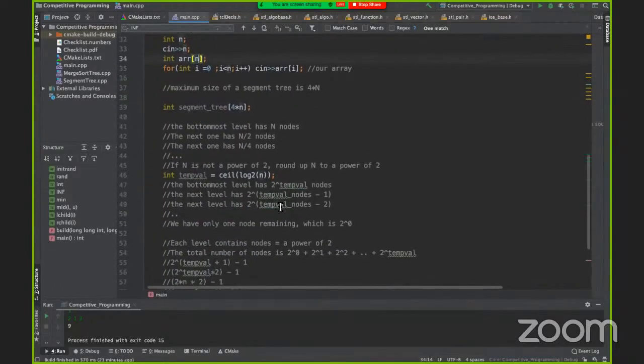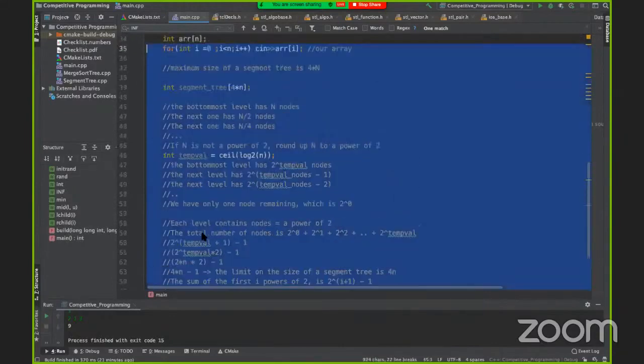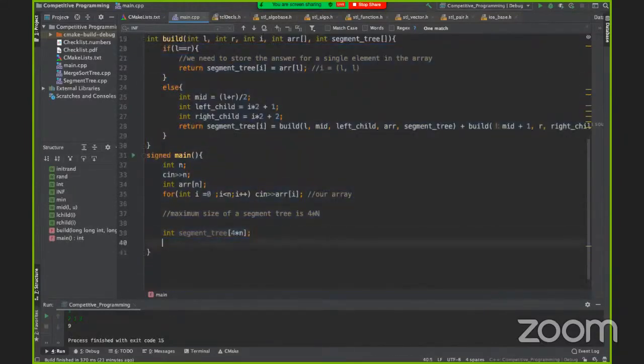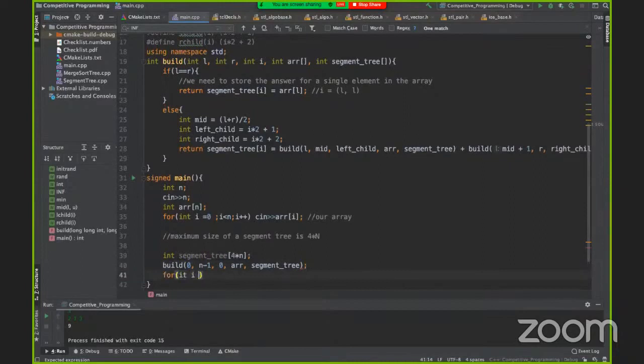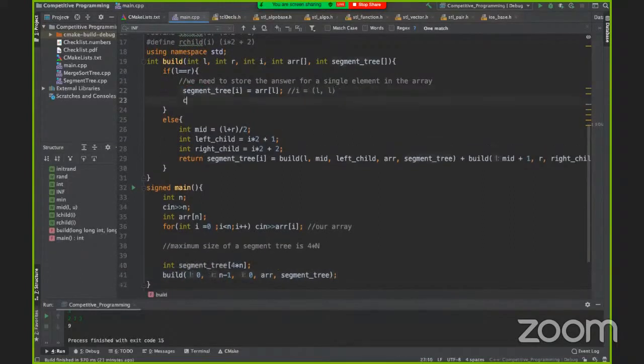So, okay, we have a segment tree of size 4 into n. I'm removing the proof from earlier. That we can say build from 0 to n minus 1 starting from 0, ARR and segment tree, right? And for each node, okay, let me print it out as well. I will print out the range it's storing. Okay.